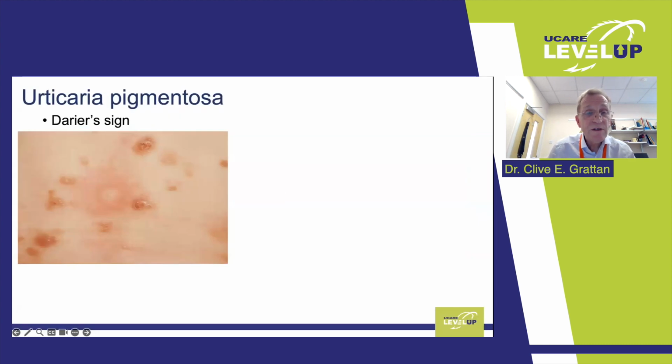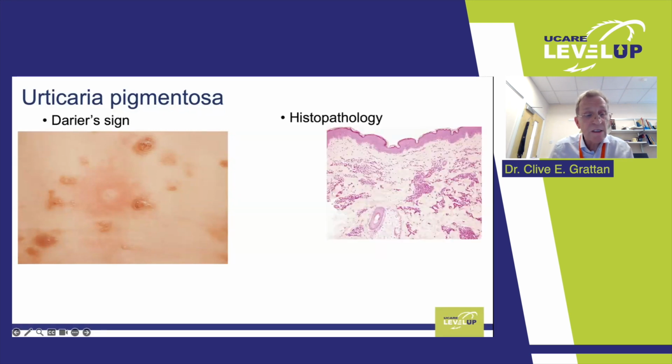In urticaria pigmentosa, it is very common that the individual lesions, the papules or the macules, will swell with edema when they're rubbed. And here's an example in an infant. Darier's sign is a very valuable sign of urticaria pigmentosa in children, but it may be positive in adults too. If you suspect urticaria pigmentosa, you would consider a biopsy in all adults and some children when it's important.